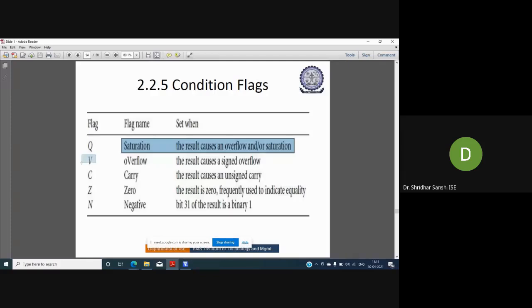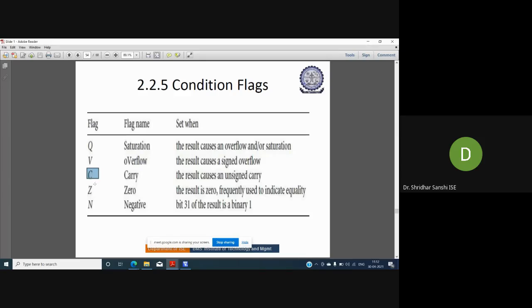Similarly, we have small v, which indicates signed overflow. This is only with respect to DSP instructions. This is with respect to ARM and 16-bit Thumb instructions. Signed overflow, and C corresponds to the carry bit, with respect to unsigned values. If there is any carry, the C bit will be set.